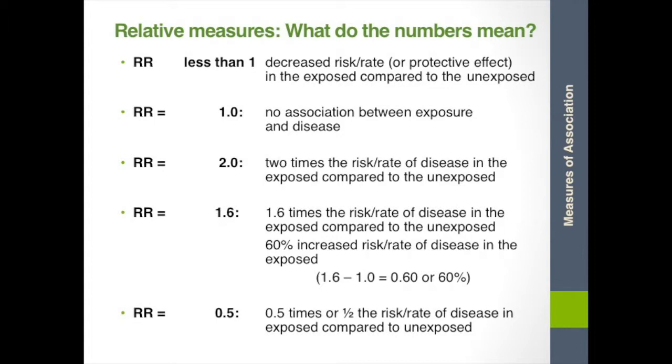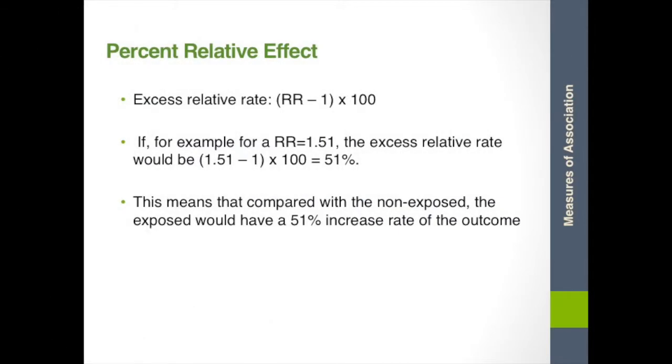We can also express the RR in terms of the percent relative effect by subtracting 1 from the risk ratio or the rate ratio. In this example, we subtract an RR of 1.6 from 1, and then we can say that the exposed group would have a 60% increased risk or rate in the outcome. Same here. If we have a rate ratio of 1.51, the excess relative rate or percent relative effect would be